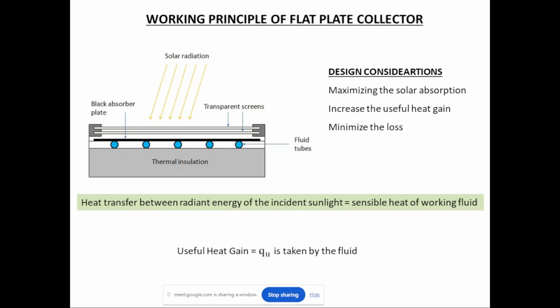The useful heat gain, here we describe a concept of useful heat gain, that is equal to QU, is what is basically taken up by the fluid. This QU will play a very important role in our further calculations as we go through this course. If you see the flat plate collector, it consists of a transparent screen. These transparent screens have a particular role. Here what they do is that